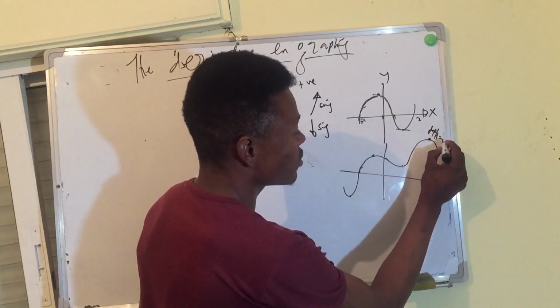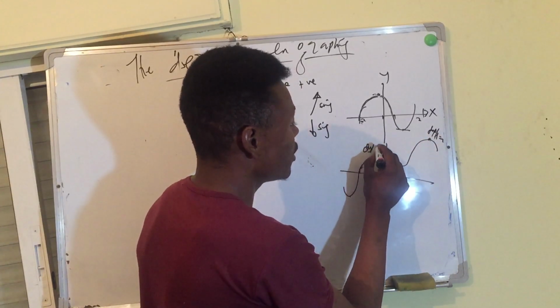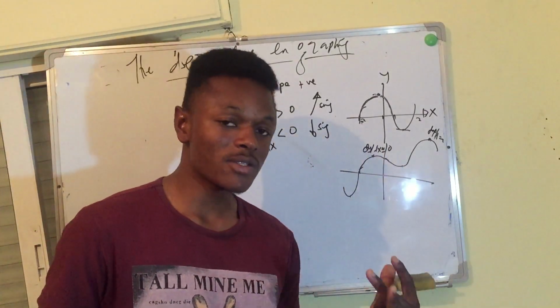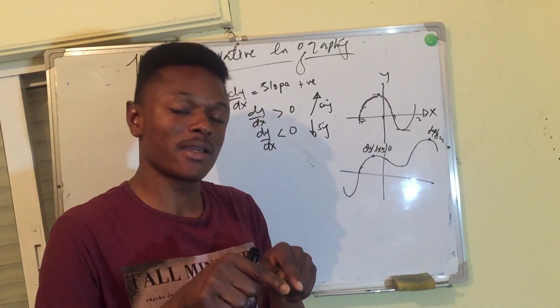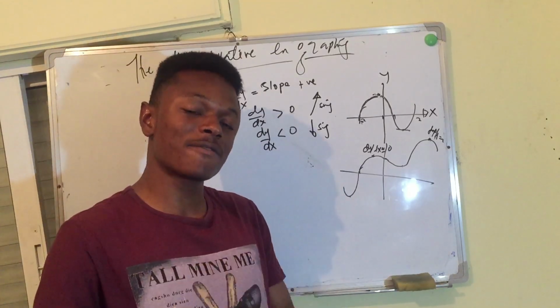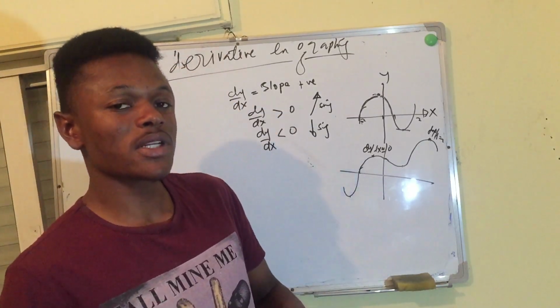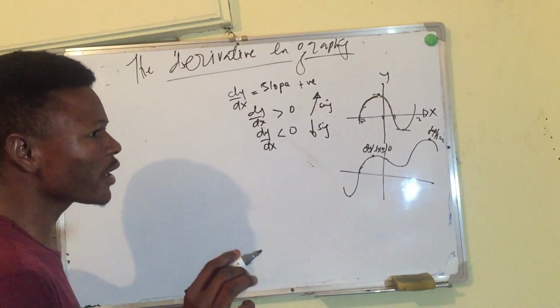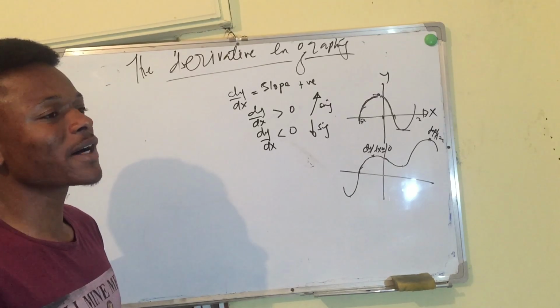dy dx is 0. Ba mu da hawa, ba mu da gangare nan. So dole always idan muna son mu gane cewa yaushe ne graph yake increasing ko decreasing, sai mun san yaushe ne baya yin increasing. Sai mu ga what is happening after dy dx is 0 and what is happening before dy dx is 0. Let us say we have a function